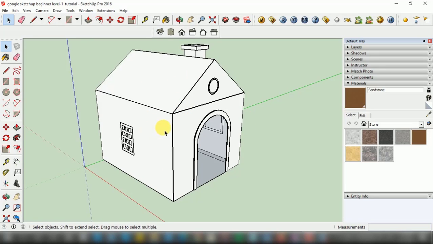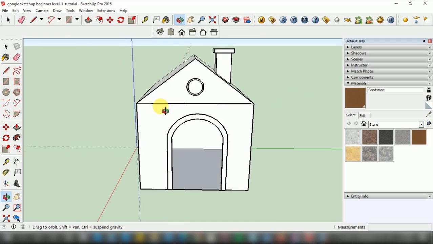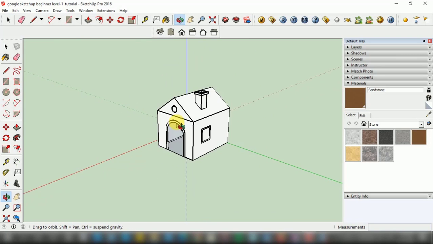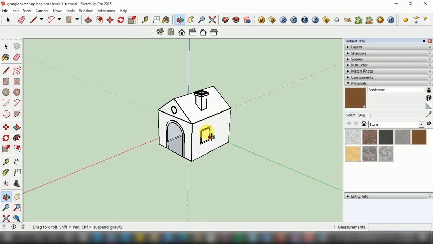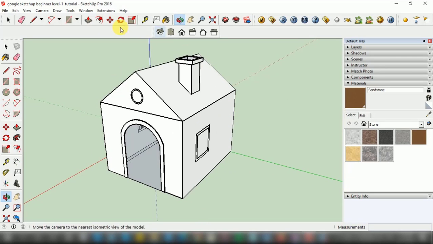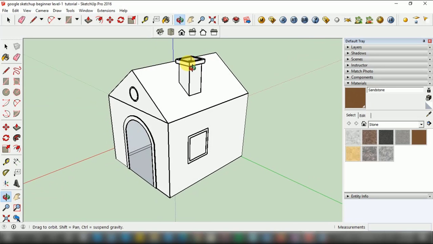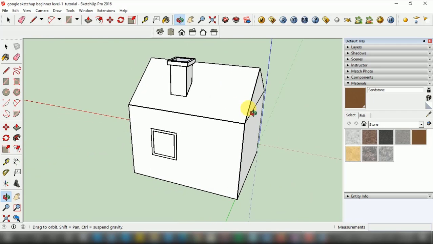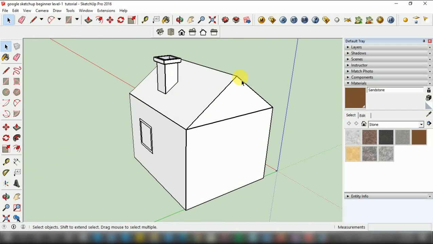By the use of Depth Cue option, as I am orbiting it, you can see this one is right now very light. This one is the back side of this roof, that edge on which my cursor is moving, and it is very light right now. And when I left click on orbit and orbit that house to change its position, you can see this one edge which was previously far away from the camera is right now just in front of the camera.